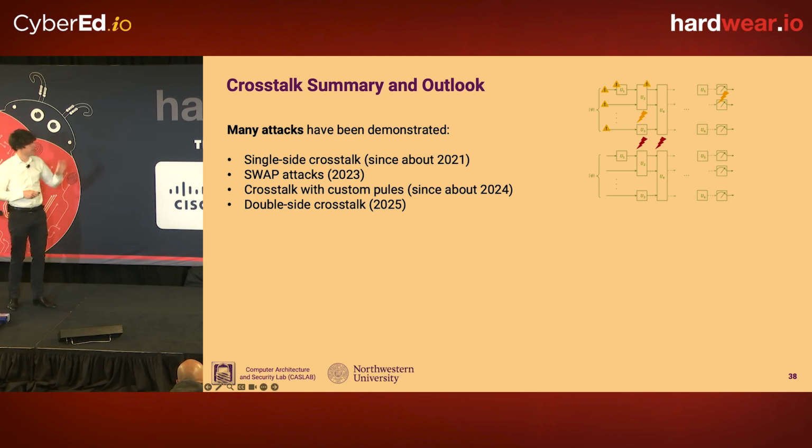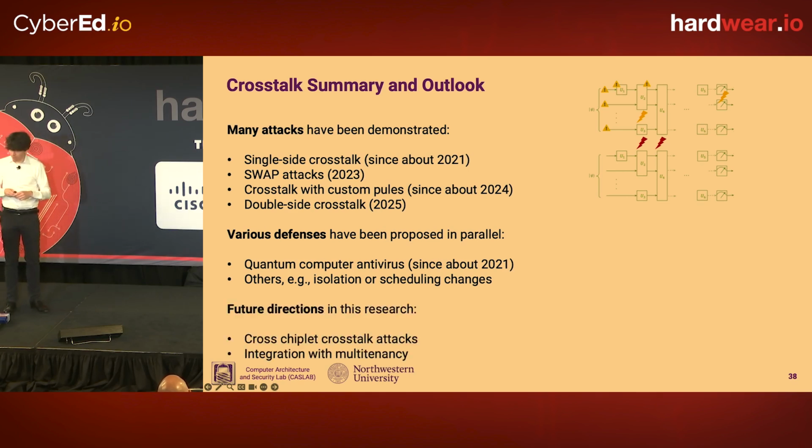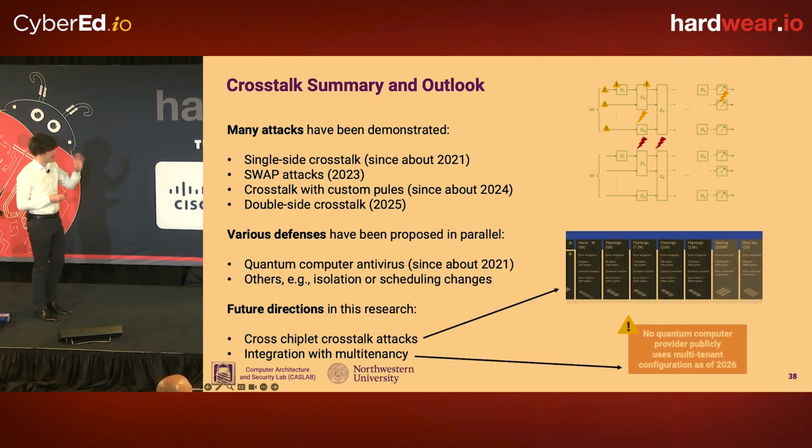So there have been a lot of vulnerabilities. There are a number of defenses that have been proposed. We're not able to get them into commercial systems, but hopefully the industry will start getting interested. There's an idea for an antivirus type program that detects the patterns, and isolating or different scheduling methods to protect the circuits as possible defenses. And I just wanted to close with some future directions and one important highlight.